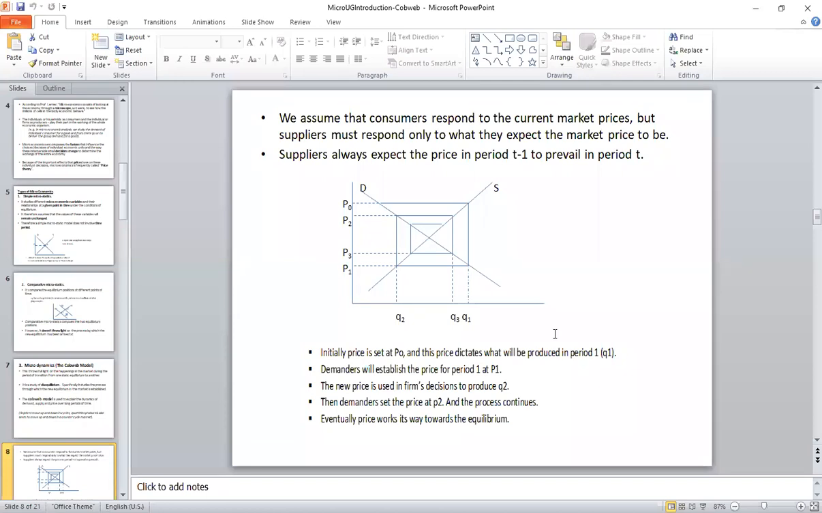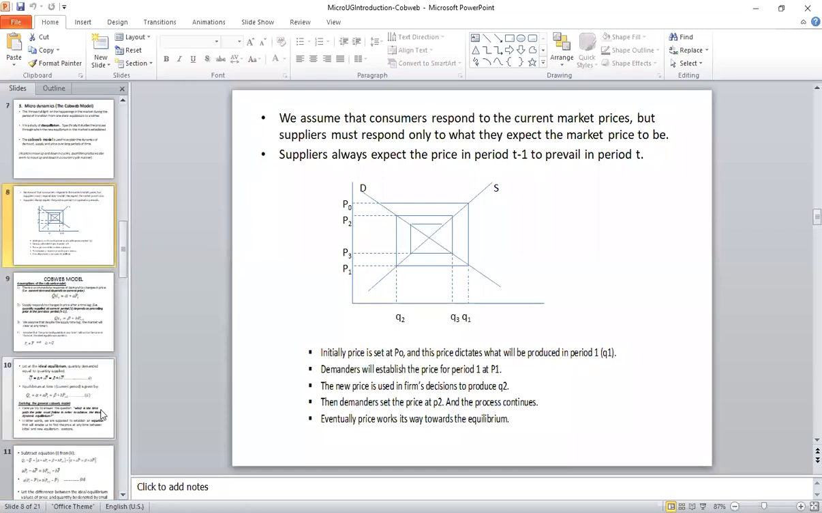So basically that is the graphical part of the cobweb. Okay, now